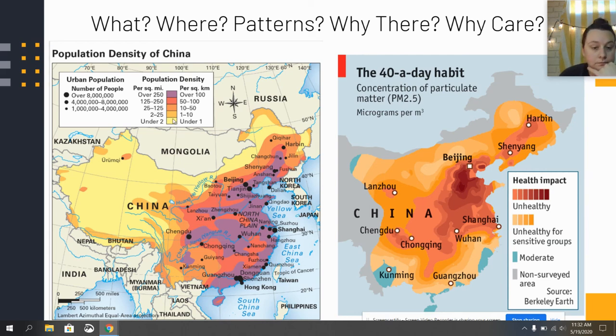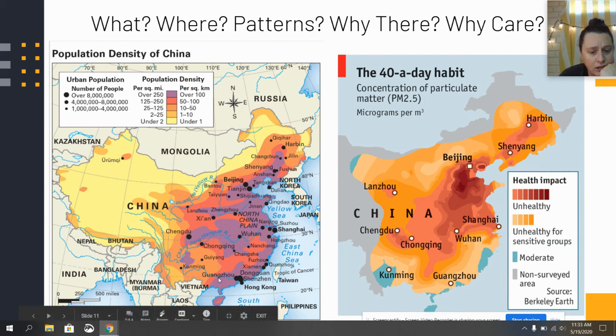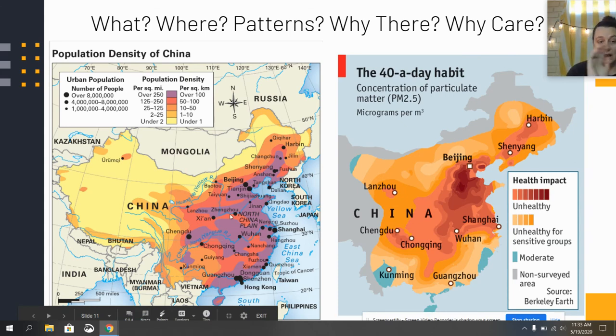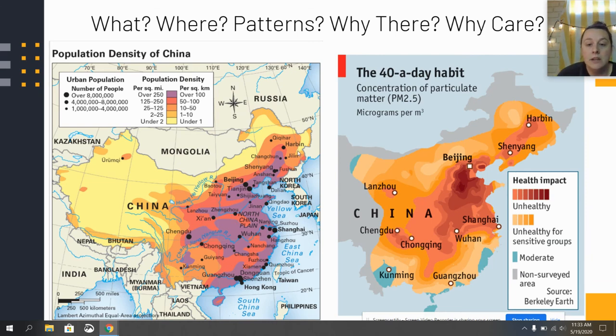Now let's look at the map. So I can see that some of the largest cities here in China are Beijing and Shanghai, and there's a few larger cities around the coastal area as well, but those are my two major cities. And then you can see there's a cluster, right, of big cities down here in the south. Okay. So what? I've thought about population density and urban population. Okay. Now I'm going to look at,